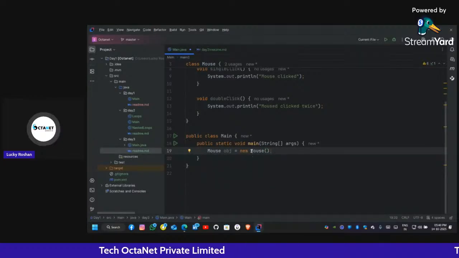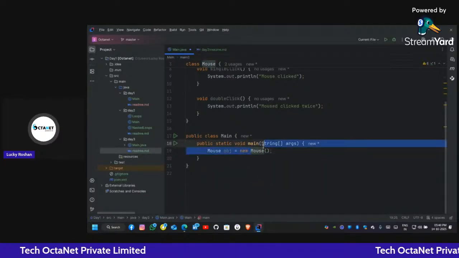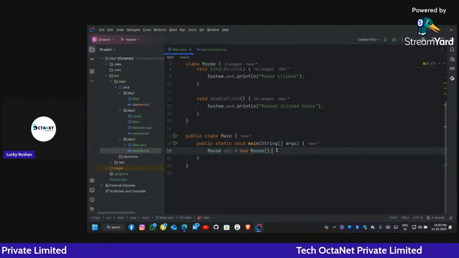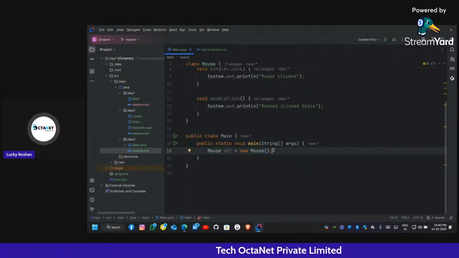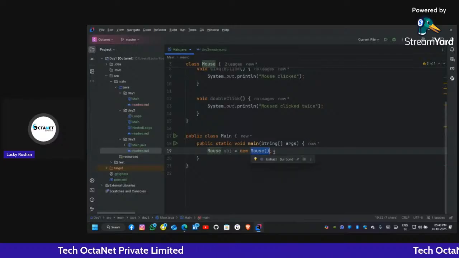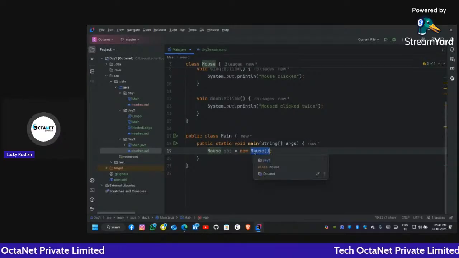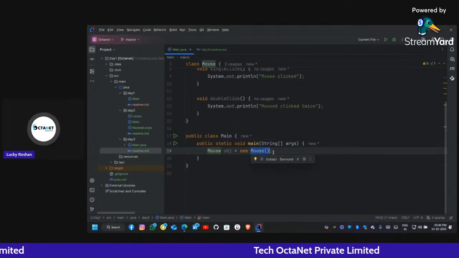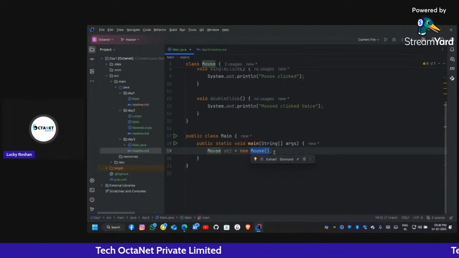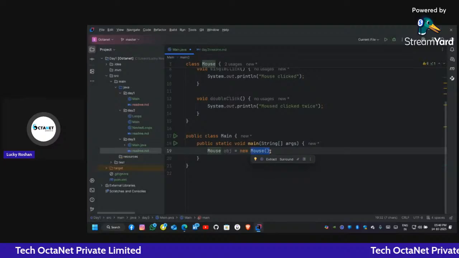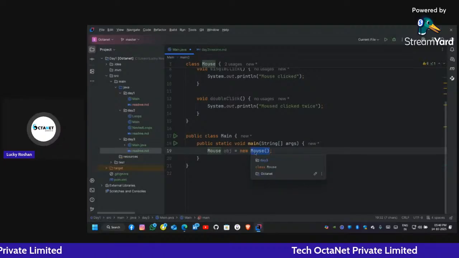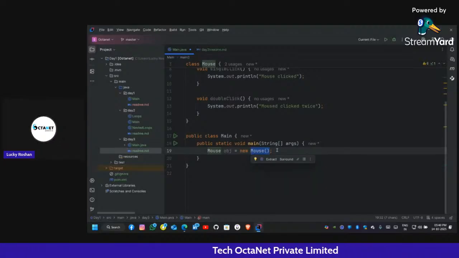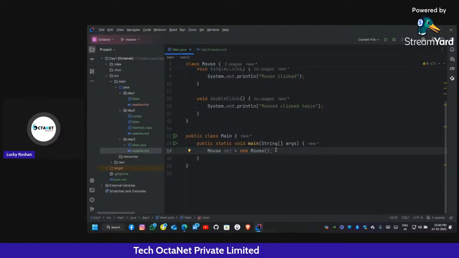Because when we are creating objects, we need the constructor of the class. So now the question becomes, what is a constructor? Okay. When you see this particular statement, Mouse and parenthesis, it is like calling a function. We talked in the previous class, when a function is called, we write the function name along with the parenthesis. So it is not a function. Mouse is a class though, but still we are writing it with the parenthesis.